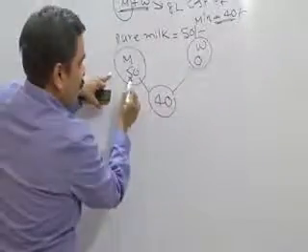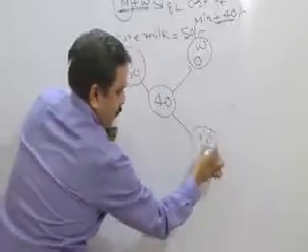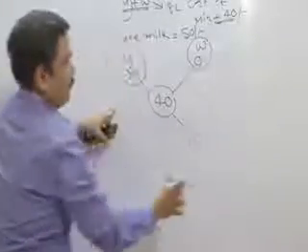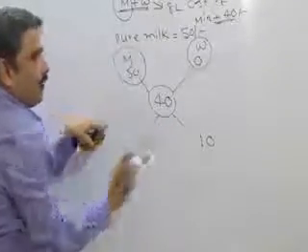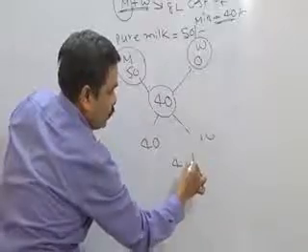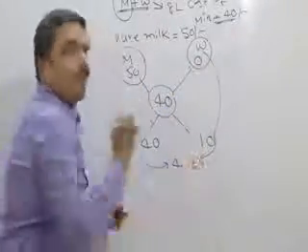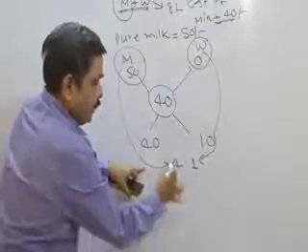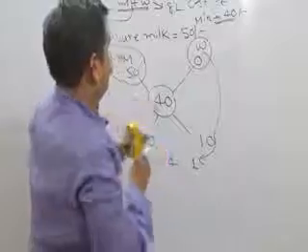That should be 50 minus 40, this is going to be 10. And 40 minus 0, this is 40. Now in which ratio are milk and water there? That is 4:1, 4 parts milk and 1 part water. So finally, 4:1 ratio. They have given that in this one, the quantity